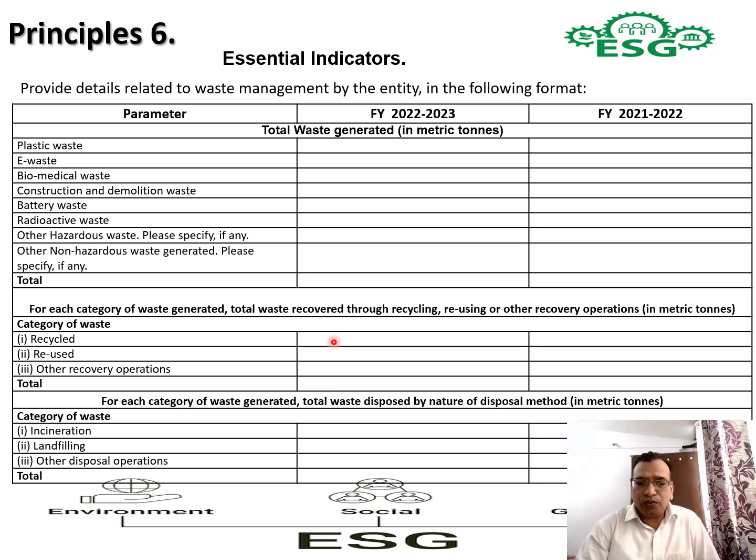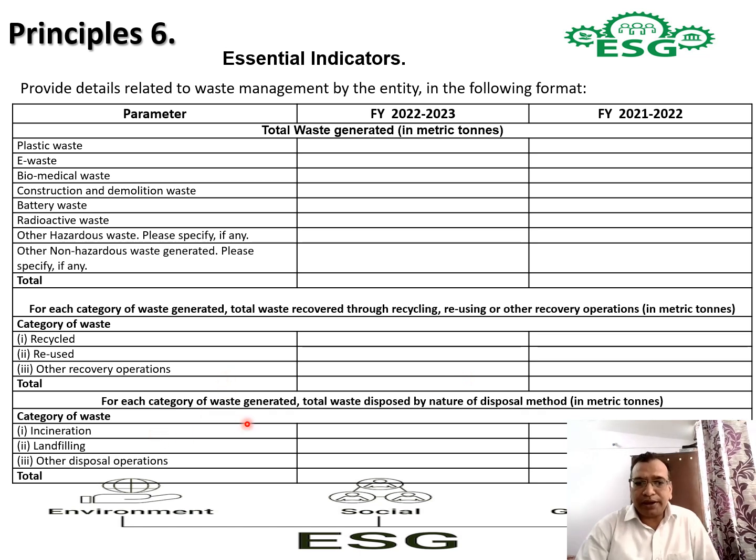When waste is recycled, it has to be declared for both the years. Then reused, if it is used in the process, you have to report for both the years. And other recovery operations, if at all there are any, you have to report. For example, solvents that are distilled, recycled and reused come under recovery operations.